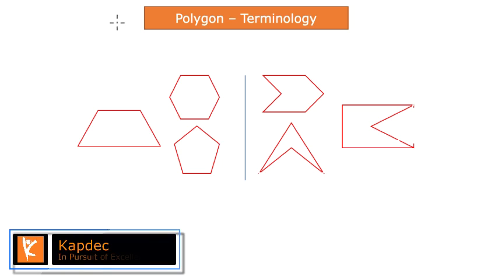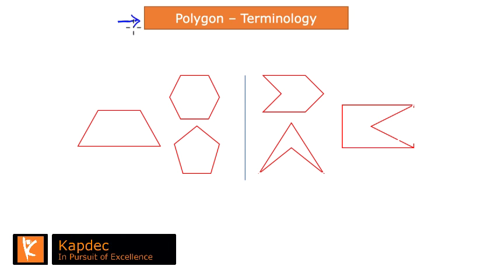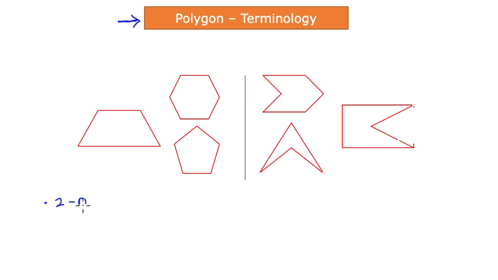In this tutorial, we are going to talk about polygons. What is the basic definition and how do you tell the difference between two polygons? Well, the definition of a polygon is that a polygon is a two-dimensional closed geometric shape that has a number of sides. The number of sides should be 3 or more, right?